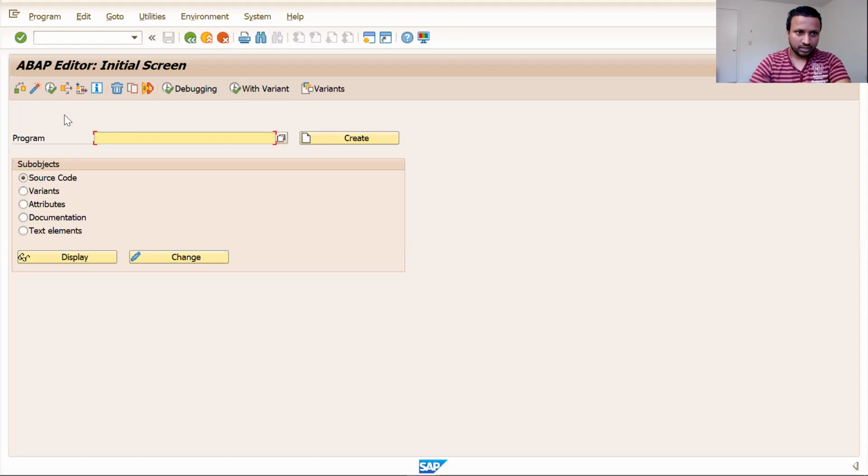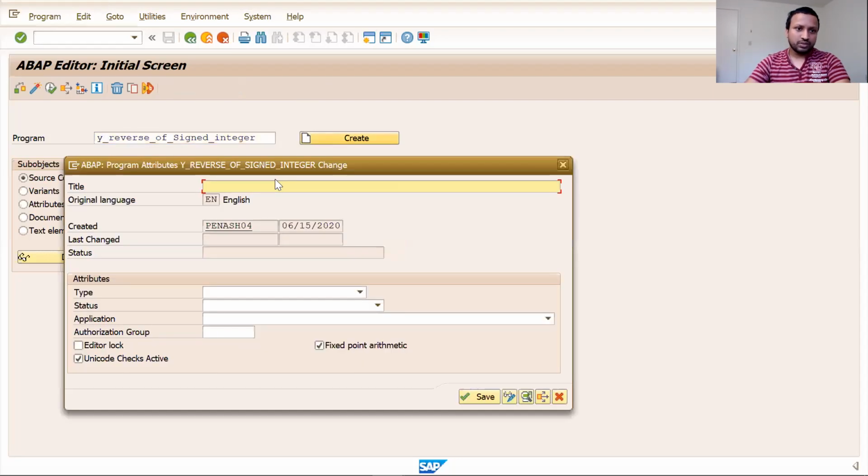So let us say reverse of signed integer.